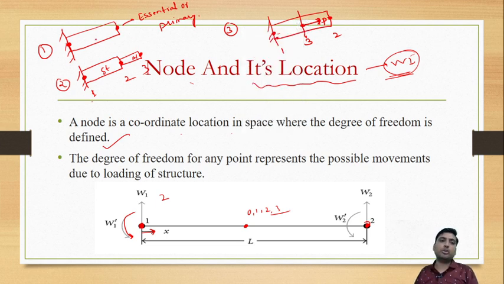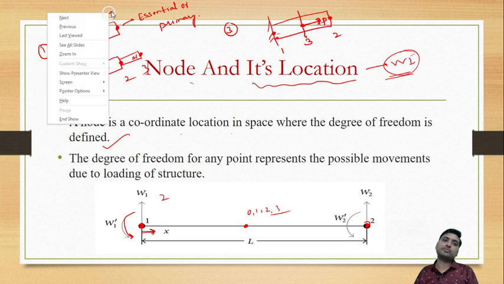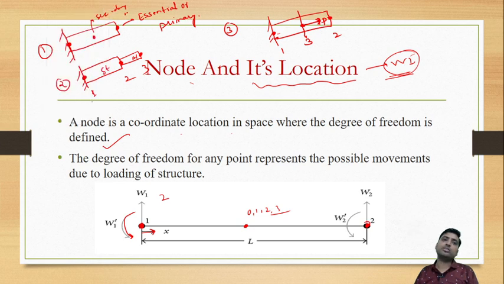Now suppose in this problem only, if you will take node here also, no problem, it's your wish, you are dividing this into 2 elements, the results will be better. But this is called as secondary node. Why this is called as secondary node? Because this node is not essential. If you will not give this node also, you can analyze this problem. But if you are using these nodes, okay, you can go for it.